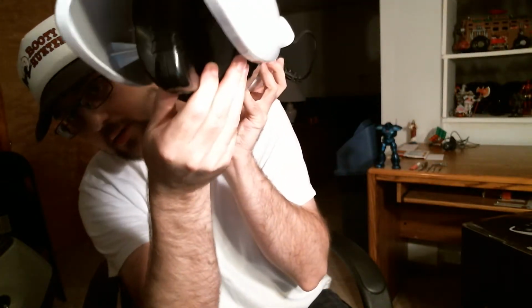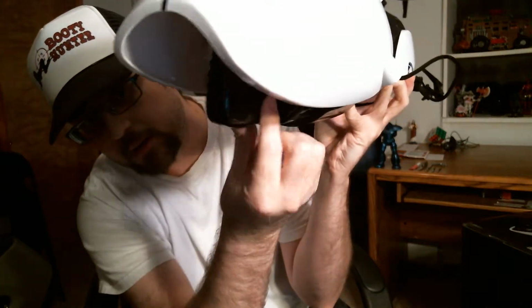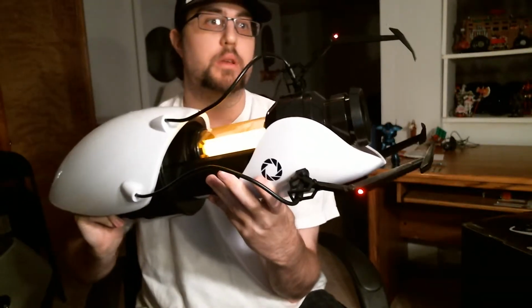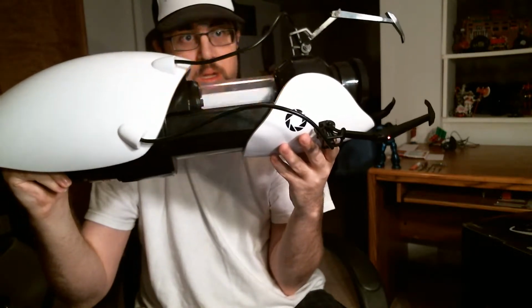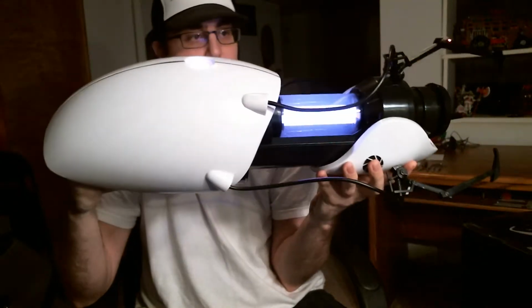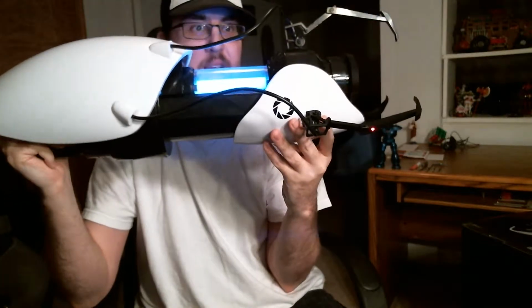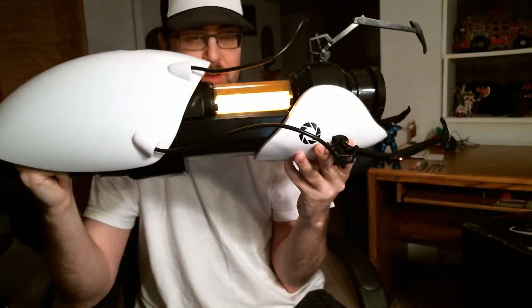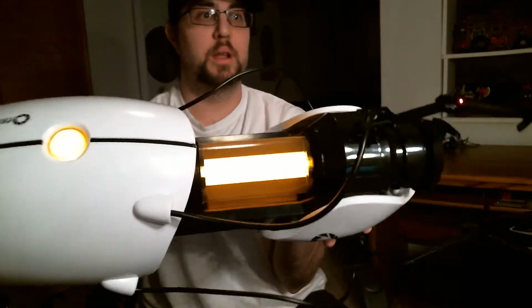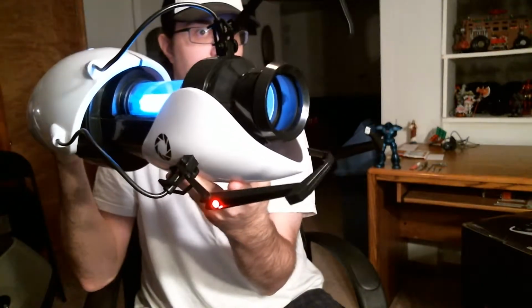I apologize for the atrocious camera work. I'm not used to it. Anyway, it's kind of hard to see, but the handle just comes out and goes straight up. And right on the back here, there's a slide switch. You slide it up for one color. There's the orange. Slide it down for... oh, it's red. Sorry. Apparently switch colors. There we go. That's the normal game colors, I guess. You get blue for down, orange for up, and then off in the middle. And as you can see, you get the top corresponding light as well. And then what would it be without the sound effect of...